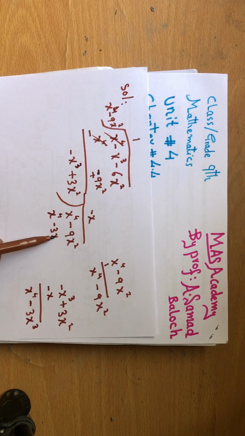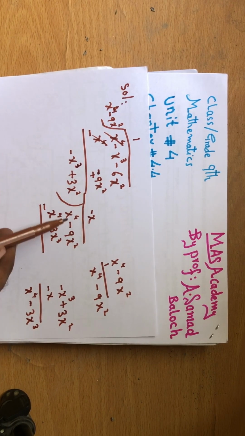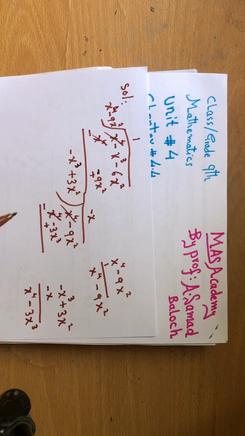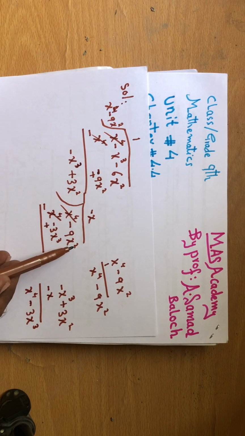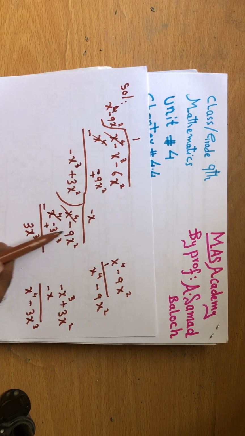Though we are writing below minus 9x square, we cannot add them. Right now we change the sign. This is the rule of division. After changing the sign, x power 4 and x power 4 got cancelled. Now we know that 3x cube and x square cannot be added. We will be writing separately plus 3x cube and minus 9x square